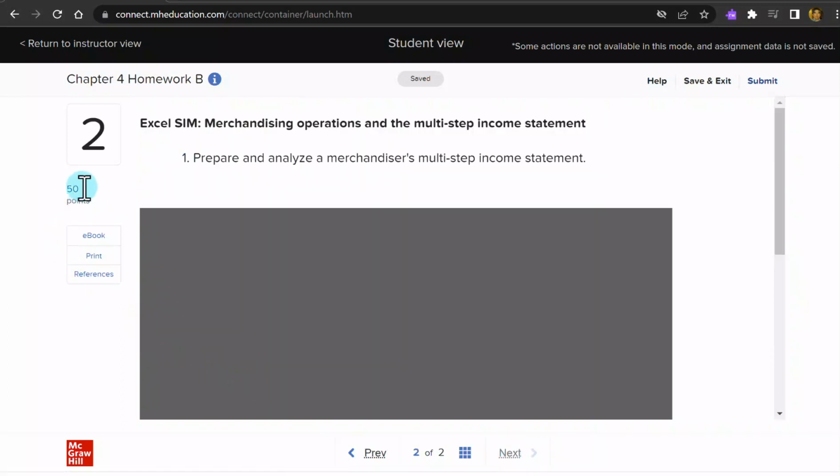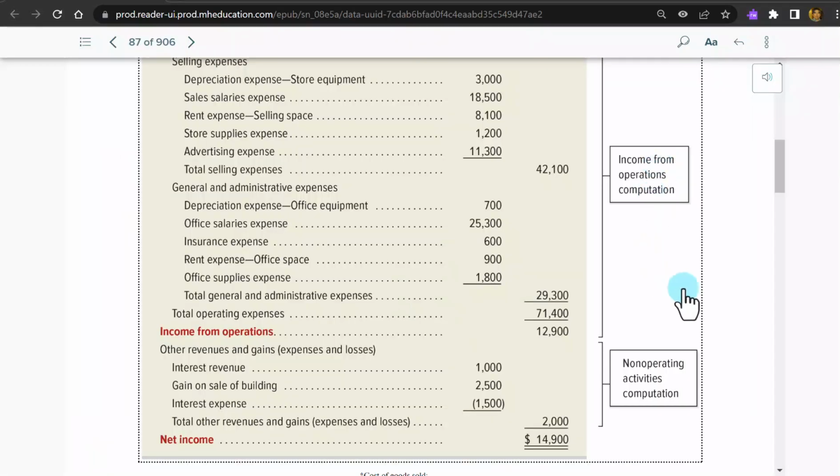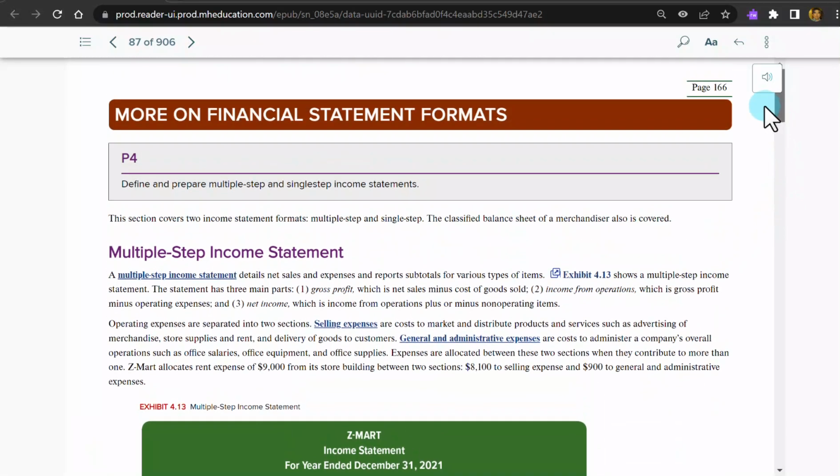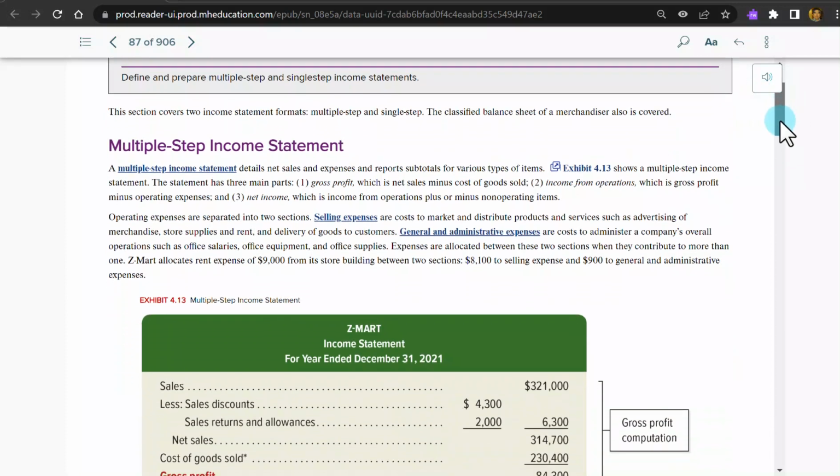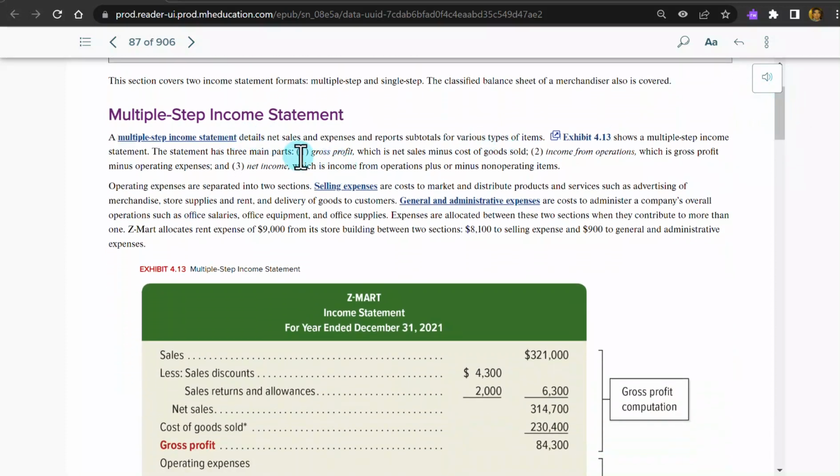And again, you can see this whole homework assignment is worth 50 points to complete this second problem, preparing a multi-step income statement. So you should already have open a textbook. Let's see if I can bring up the page here. This is page 87 in our ebook or 166 in a printed book, giving you an example of a multi-step income statement